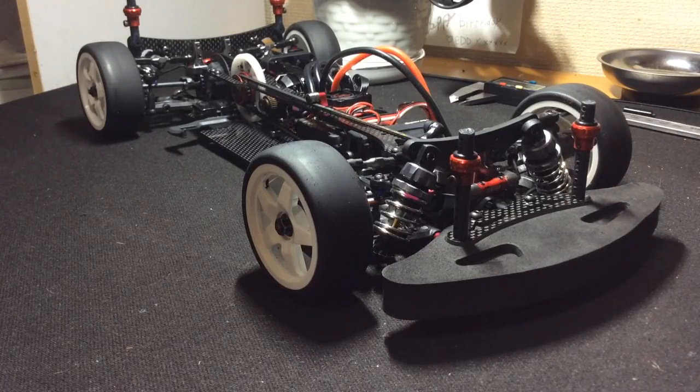It's really brought back my love for touring cars. I know it sounds silly, but when you have a touring car and the setup changes that you make are not going the way that you want them to go, especially for your driving style, it can be very frustrating. I was at that point with the previous chassis I had, and it's not saying that the previous manufacturer's chassis is not good at all. It just didn't match my driving style,